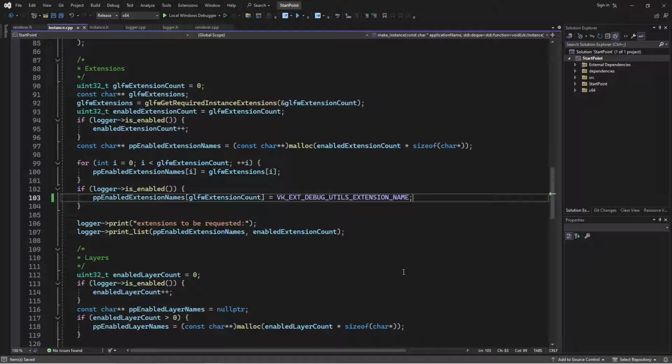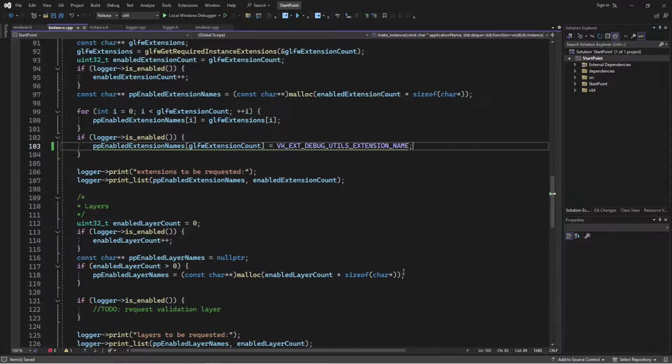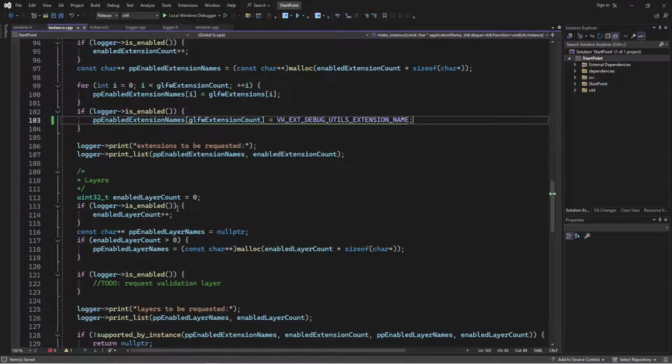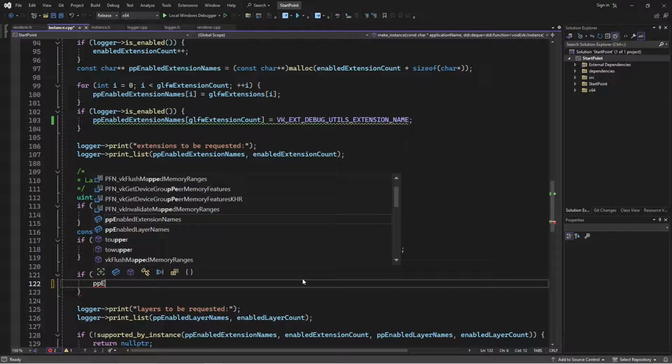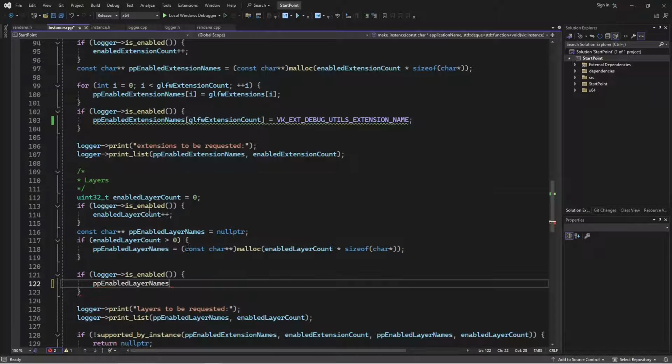Excellent. Now let's have a look at our layers. So again, we've got no layers, but if we're in debug mode, then we'll have one layer. Think of it that way. And then we've got this array of strings, the enabled layer names, and currently there's absolutely nothing on it. So we can go enabled layer names, thing number 0 is, we'll go